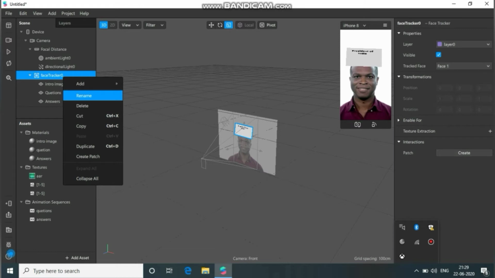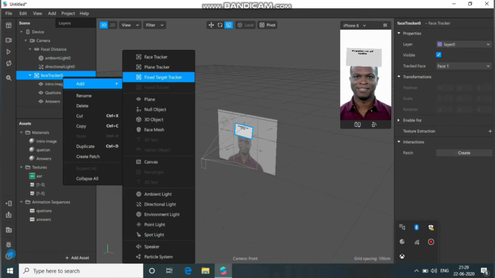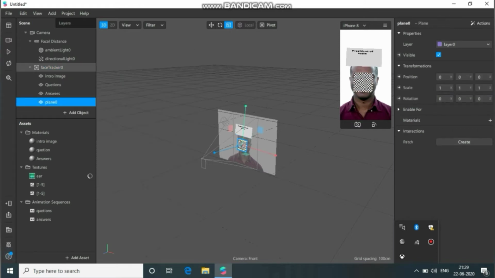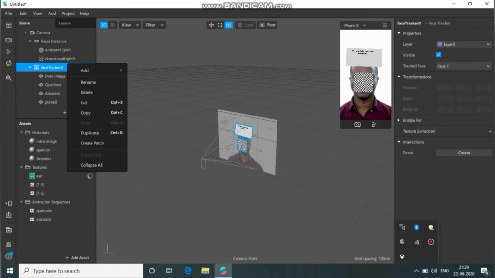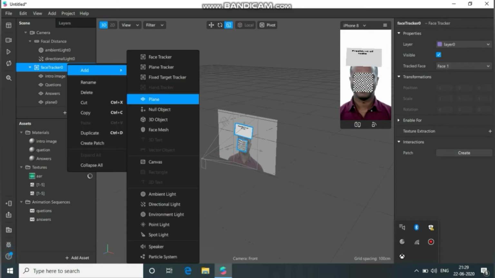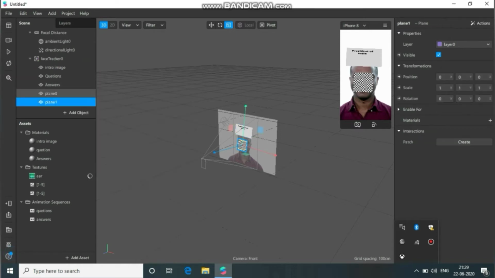Once this gets completed, right click on face tracker and add two more planes, one for timer and one for time up. Just rename the planes as timer and time up.